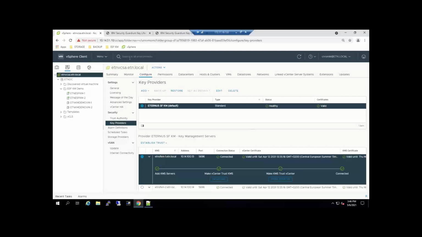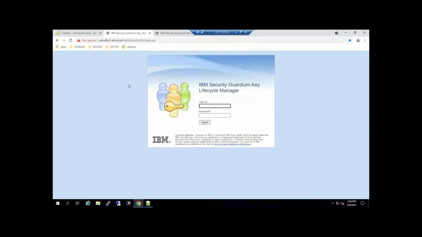And now let's jump to the key management server itself. Okay, so here we have a login page. As you can see, it's an OEM product of the IBM Key Lifecycle Manager. We log in with the administrator account, SKLM admin, and we provide the password.